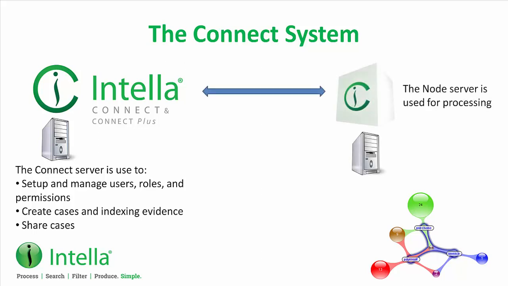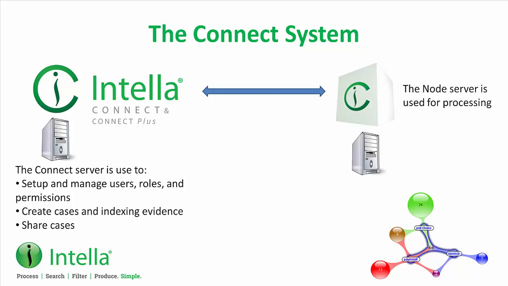The indexing system is a physically separate computer to the Connect server. This system will require sufficient resources for processing, and it should comply with the minimum specifications that we recommend. The specifications for all of our products can be seen at this link. The indexing system runs Intella Node, which is the processing component for the overall Connect system. You can have more than one node running at any one time, but all nodes need to be on their